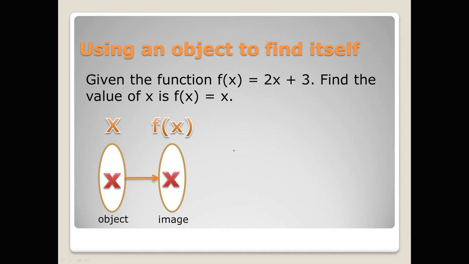So what could that answer be? We have to solve this algebraically. What I always like to do is I like to copy what the question has given me. For example here, fx is 2x plus 3. And then I also know fx is equal to x. So what I'm going to do is I'm going to substitute, just like the previous question, that fx with x, because fx is equal to x, so I can easily replace this fx with x. Now I can see that this x equals 2x plus 3 is an equation. I can solve this equation